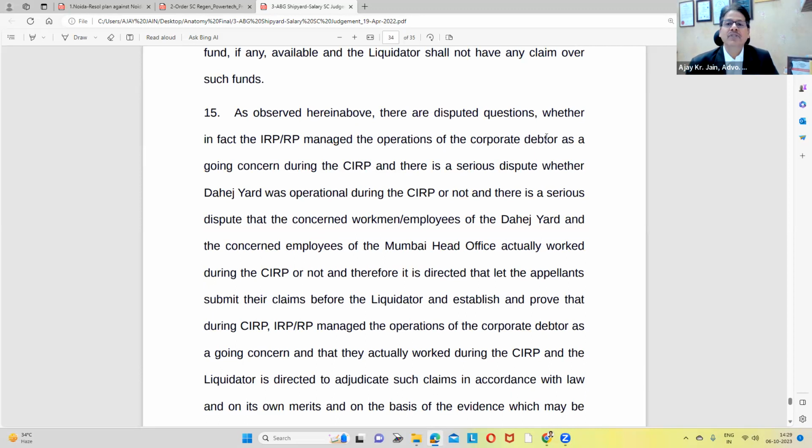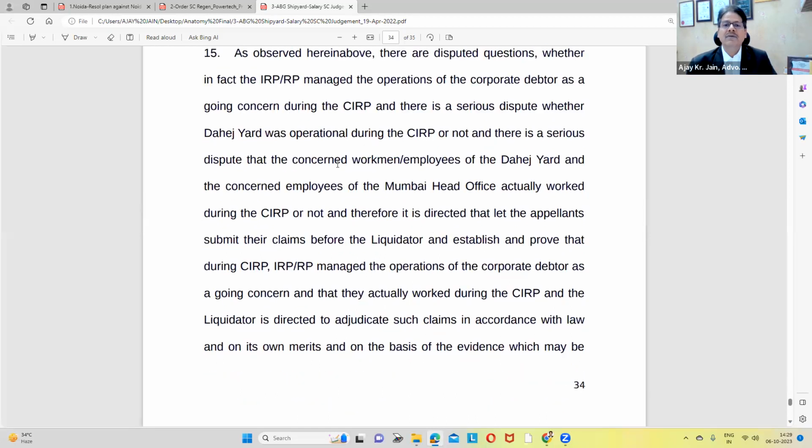There is a disputed question whether in fact the RP managed the CD as a going concern, and there is a serious dispute whether the Dahej yard was in operation during the CRP or not. There is a serious dispute whether the concerned workmen or employees of the Dahej yard and the concerned employees of the Mumbai office actually worked during the CRP or not. Therefore, it is directed that the appellant submit their claim before the liquidator